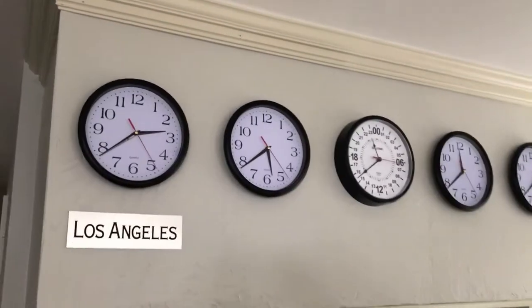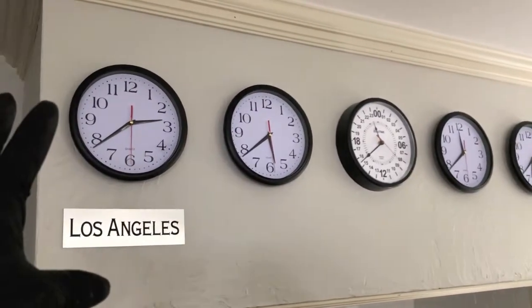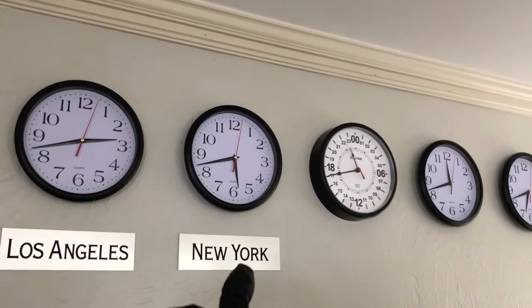Okay, there it is. The very first city nameplate is up. As you can see, the far left is Los Angeles time. And now what we'll do is move on to the next one. Second city nameplate is up and hung, New York, and you probably guessed that once I told you the local